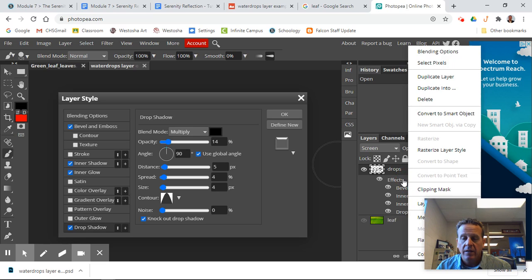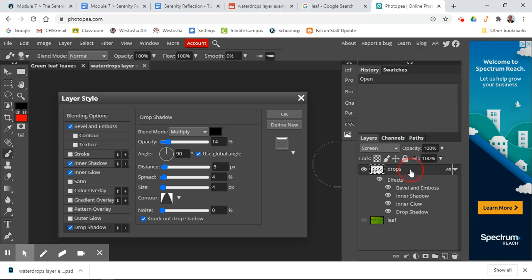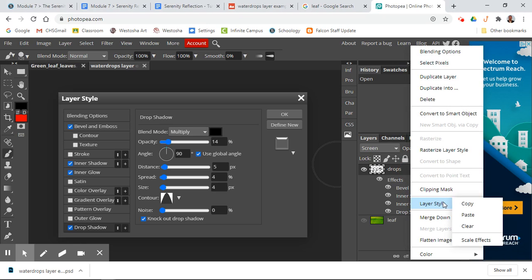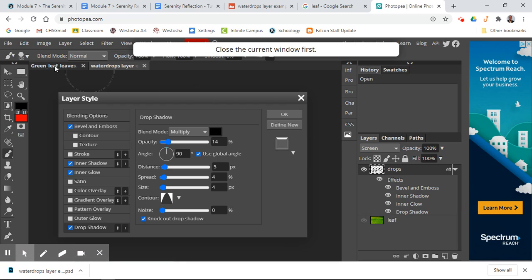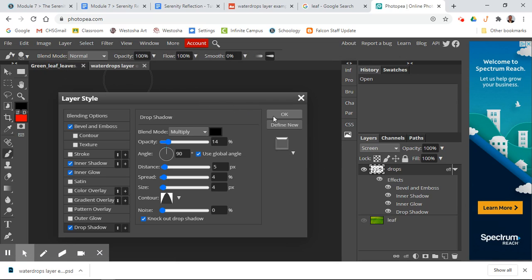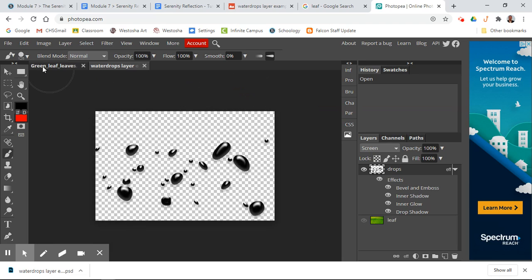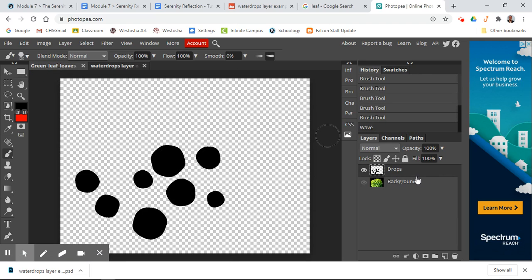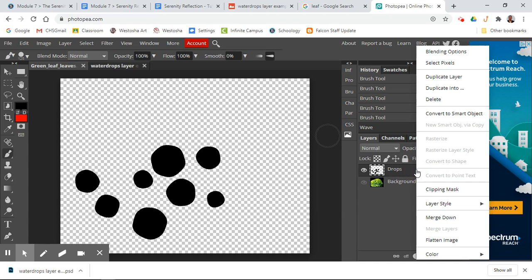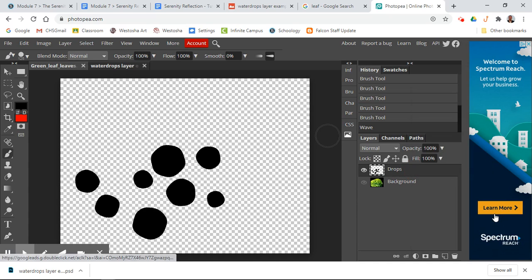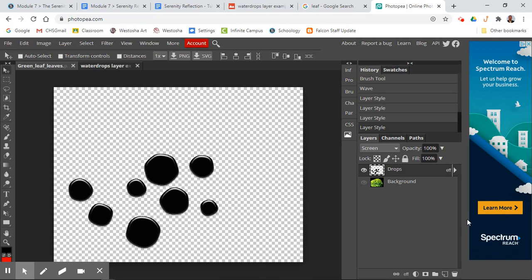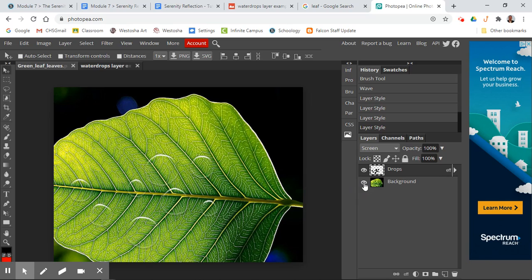I can right click here and say, let me X this out. Okay, hang on. Right click, layer style, copy. Go back to my original document. Right click, layer style, paste. Okay. And there are